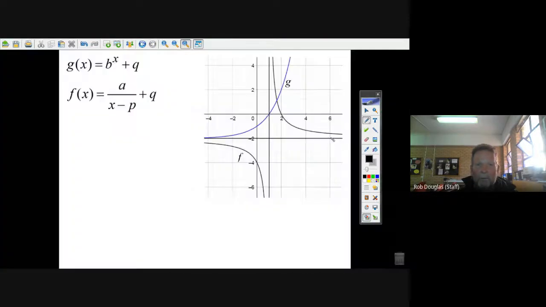Okay, this is more special function help for the control test on August 25th. We just did a line and the parabola in the first video, and now we're going to look at exponential and hyperbola in the second video. Say you had, I did this on GeoGebra, but I've given a lot of stuff here. I've given that you're looking at an asymptote for the exponential equation, which is G, and the hyperbola, which is